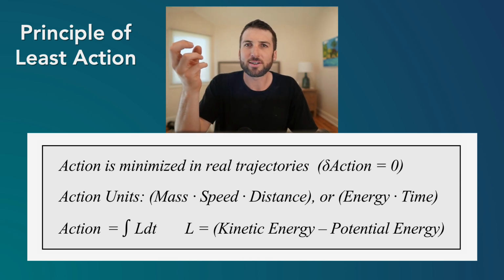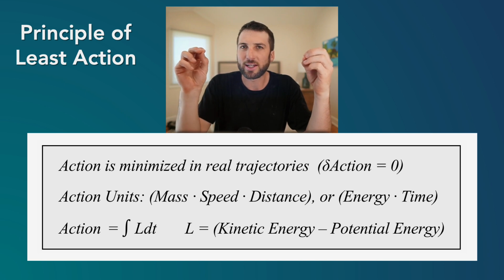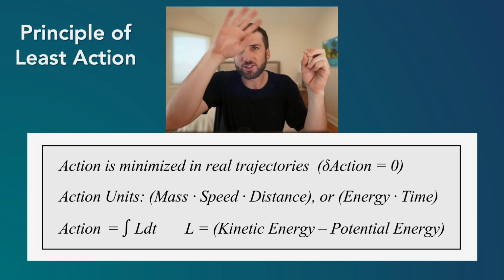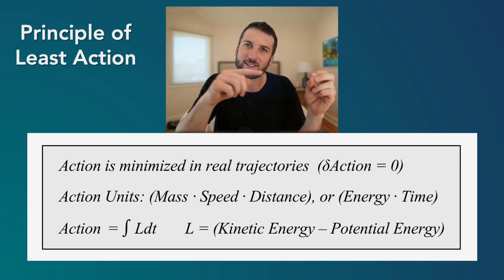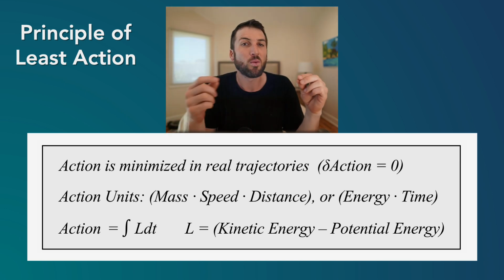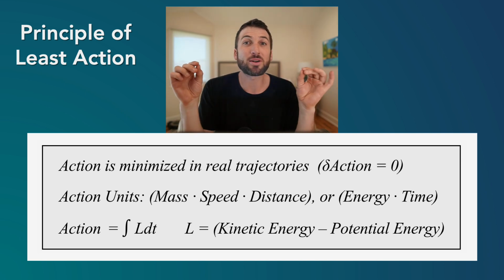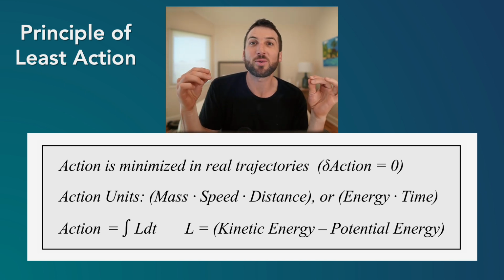Well, action between 2 points, like the initial state and the final state, you can take any trajectory. You can go around in circles and lead to the final state, you can go back a little bit and lead to the final state, or you can just go in a straight line. Well, we'll see that the straight line has the shortest distance between 2 points, right? So that's the one we see.